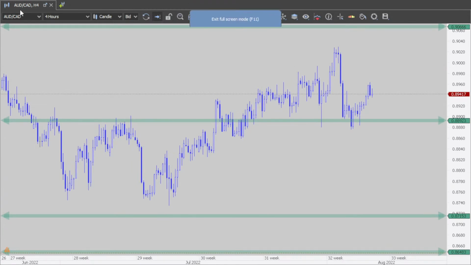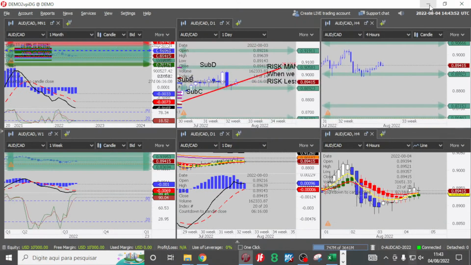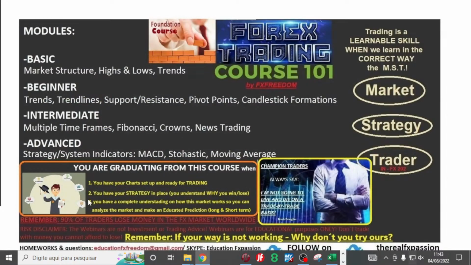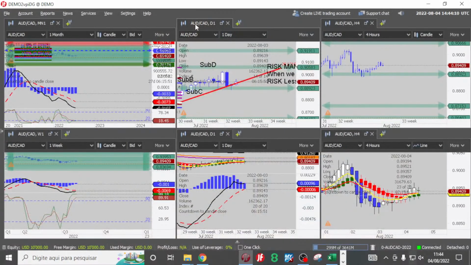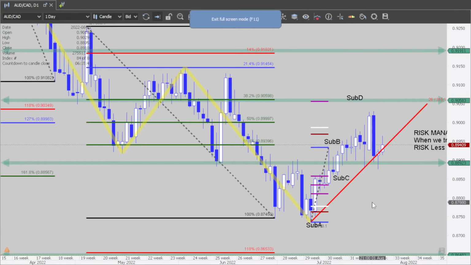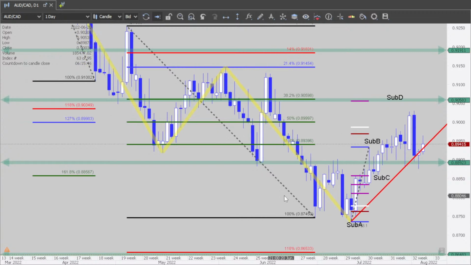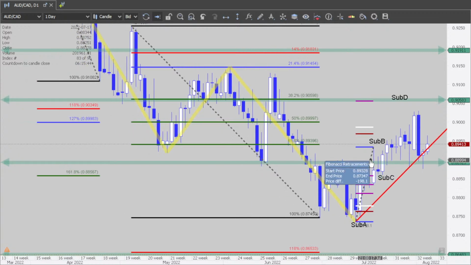okay, everybody, very slowly, it goes to number 3. You have a complete understanding of how this market works, so you can analyze the market and make an educated prediction. So very slowly, we were on the daily chart, okay? We were on the daily chart,